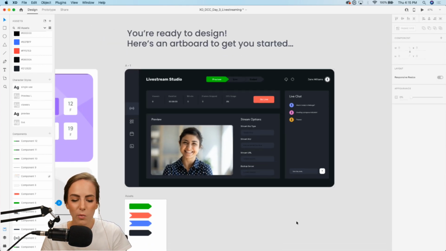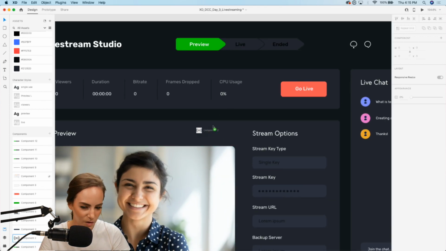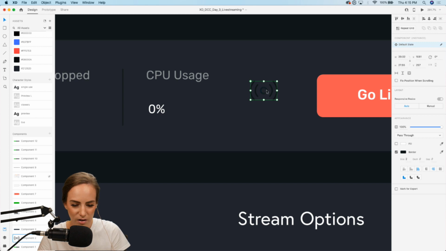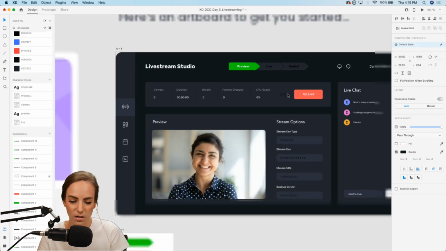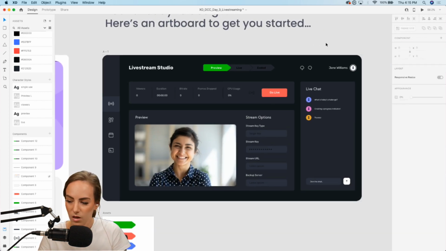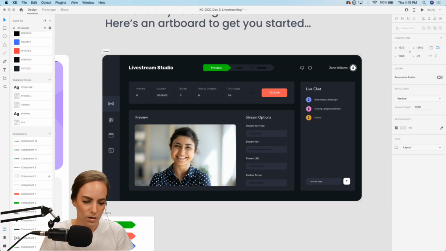So now what I want to do is, oh wait, I had an icon. Look at this cute icon. So this is just kind of supplementary. So when we go live, we know that this will turn on basically. Little live streaming icon. Okay, so now what I want to do, let's rename this artboard live stream app, is